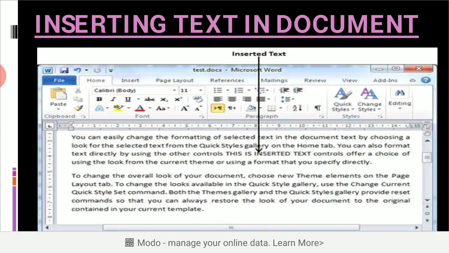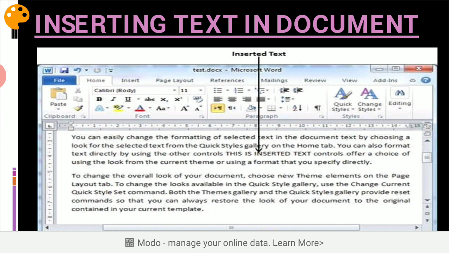Suppose you are writing a letter and you want to insert new text between your paragraphs. How can you insert it? You can easily add new text in your document. Click on the location in your document where you want to insert new text. The insertion point will appear.